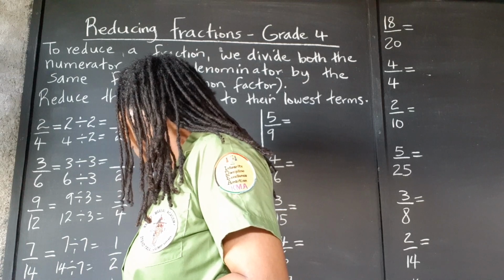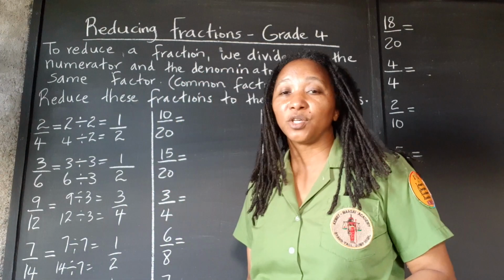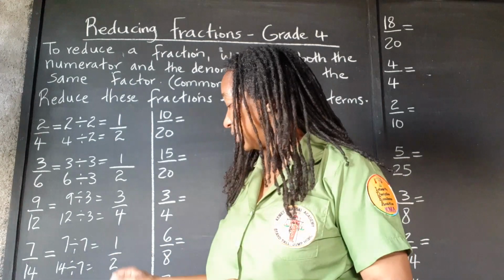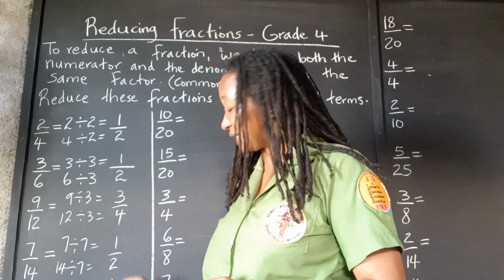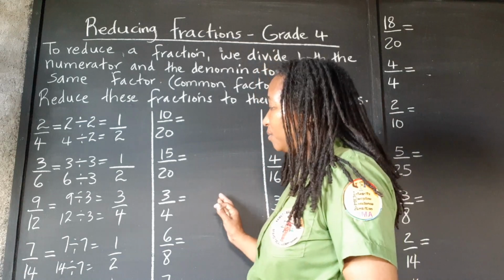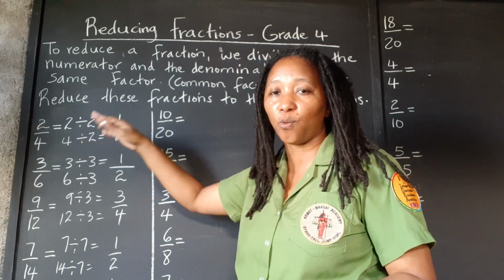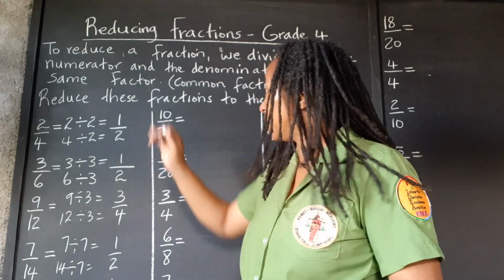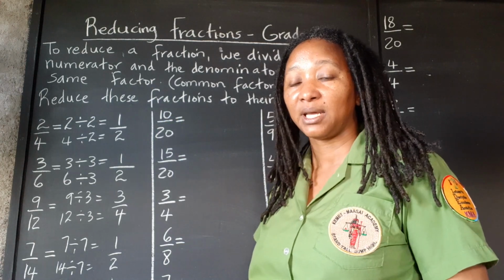25 divided by 5 gives 5. So 5 over 25 reduced to its lowest terms is 1/5. We can't reduce it any further. Alright, so for now, I'm not going to set it out to show you what we're dividing by. I'm just going to go ahead and divide them, and cross through the number to show the result that we get